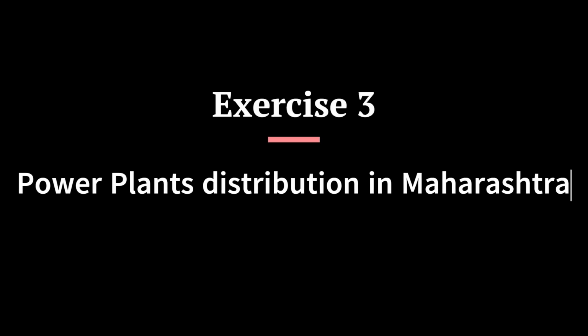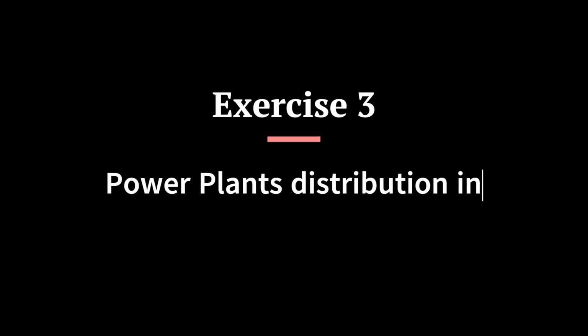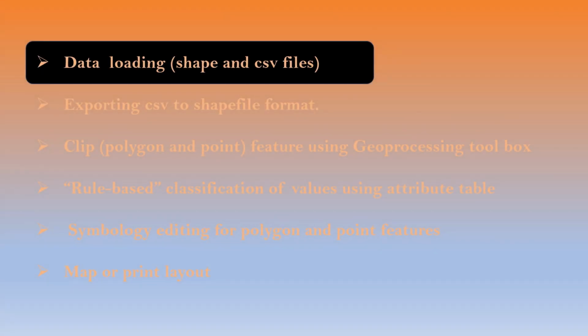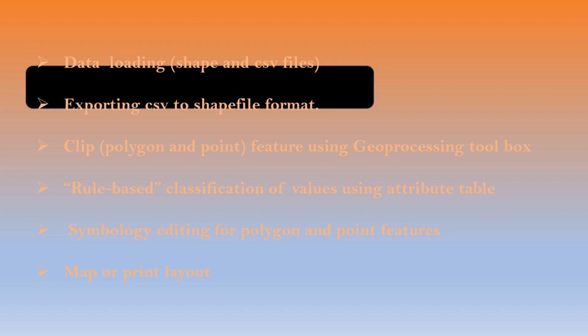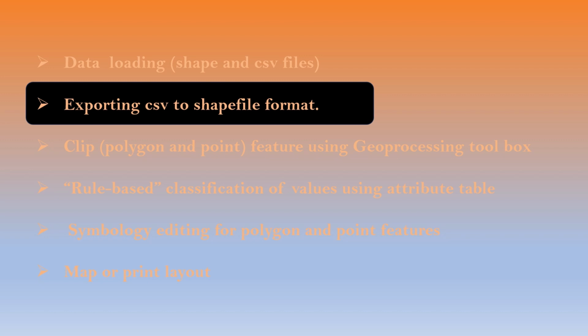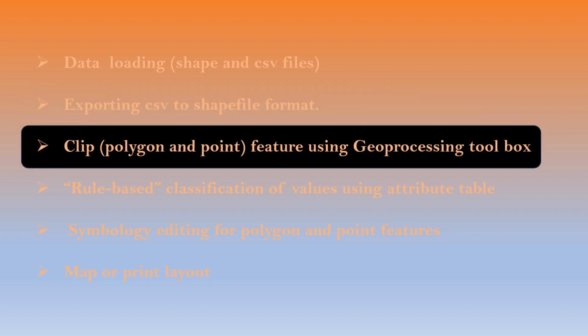In this exercise, we will prepare a map that shows the location of different types of power plants in Maharashtra from worldwide data. We will learn data loading of shape and CSV files, exporting CSV to shapefile format, clip polygon and point features using the geoprocessing toolbox,